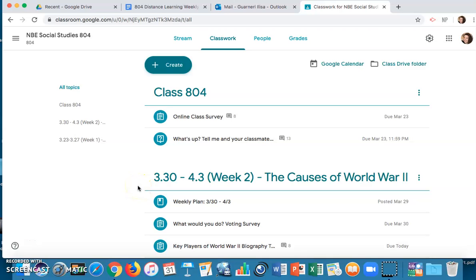Let's look into the different types of assignments that you can send out to your students through Google Classroom. I've loaded up the back end of my classroom page under classwork for our social studies group with 804. On the top, I have my create button, which is going to be the central location for you to create